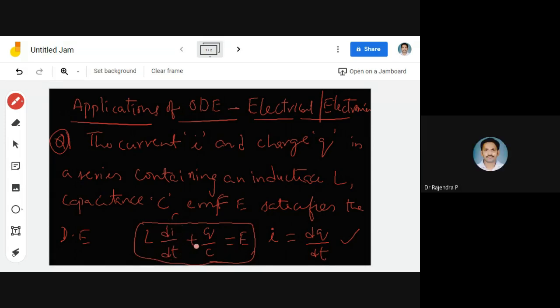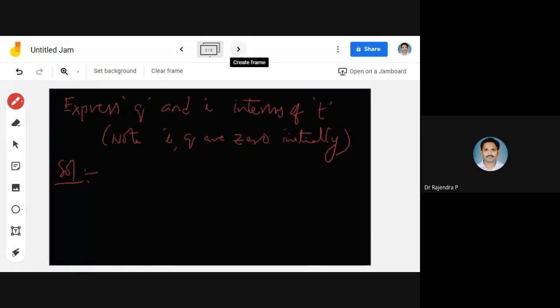When I write our differential equation, I'm just substituting that term. Since I is equal to dq by dt, the equation is of the form